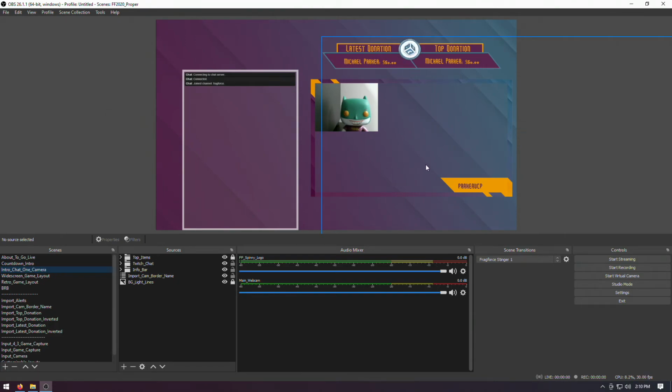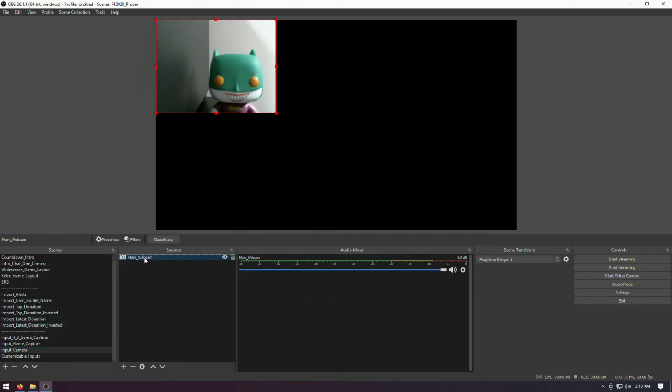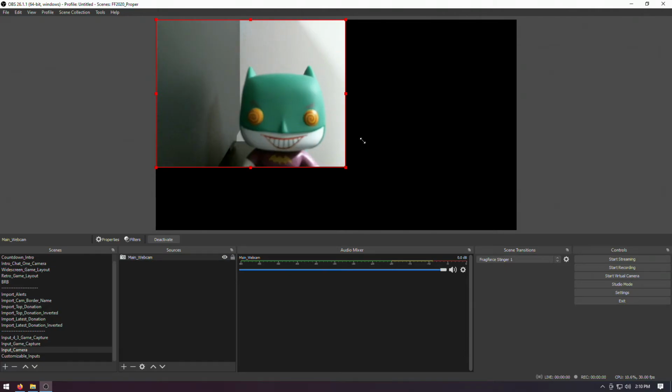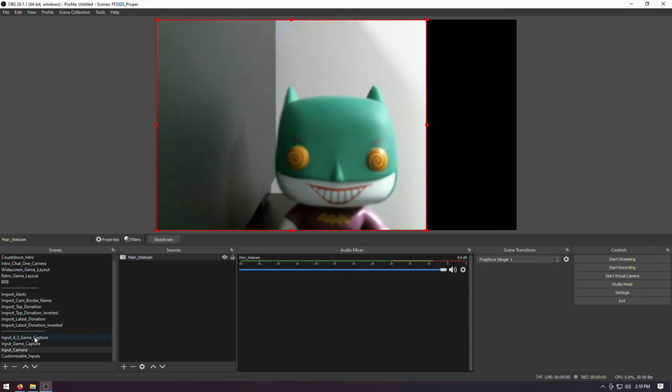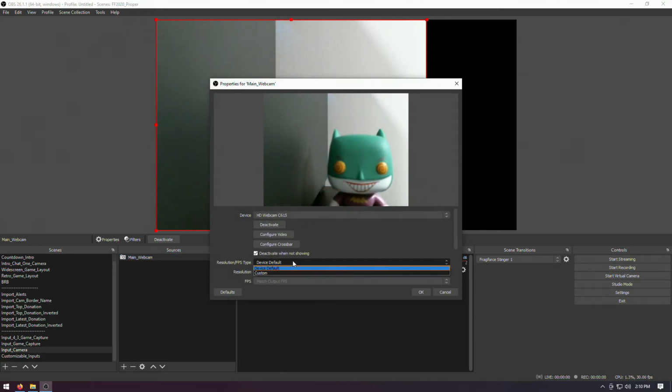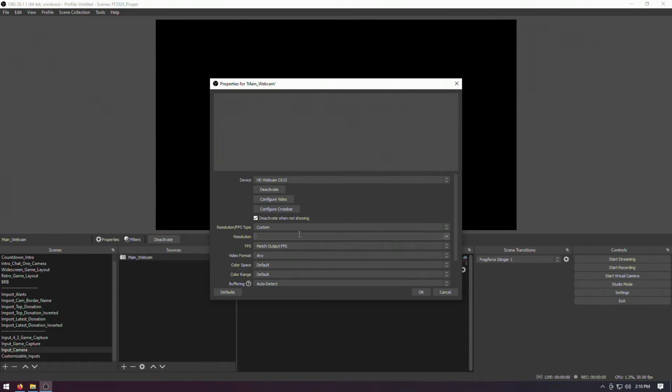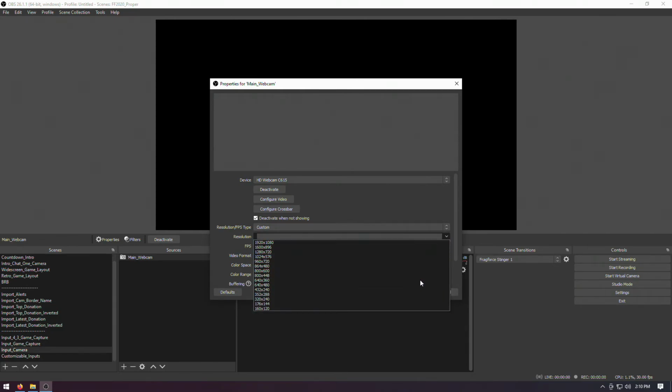As you can tell, my camera is not the right size for this, but that's fine. You can resize that on your own, and the easiest way to resize that would go to input camera, and something like this. You can actually drag it, make it bigger. Can add filters to it, which lets you cut and crop, or you can do something like this, which is I want to pick a custom resolution, and let's say I